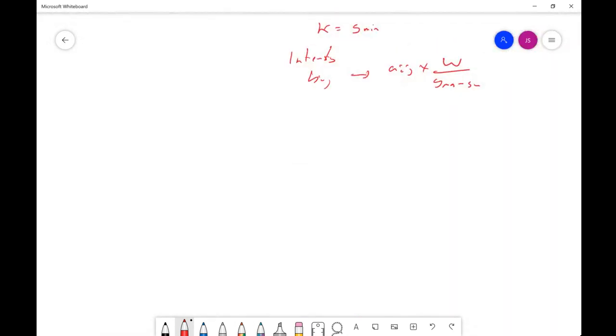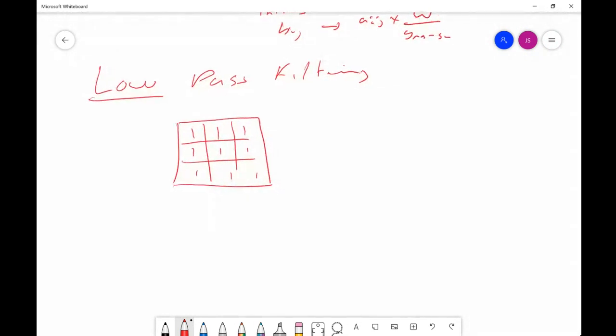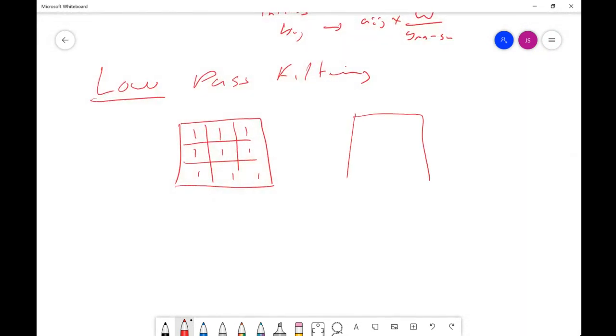And it differs from low pass filtering. Just to add a comment, this might have been in the question, or it could be. Low pass filtering, the window for low pass filtering is all ones. You're actually smoothing the image. And of course, the limits of that, if the image that window is above is all blacks, call it 0 intensity.